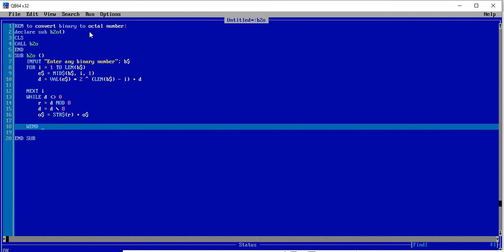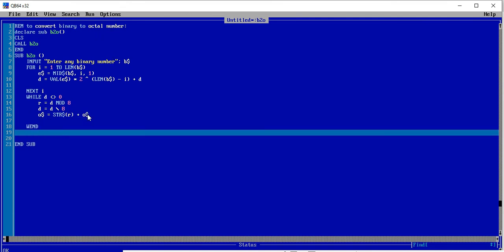Now just print the octal result. Here let me print the octal equivalent of our main number. Our original number, the binary number, is stored in B$. Has our B$ been processed or not?